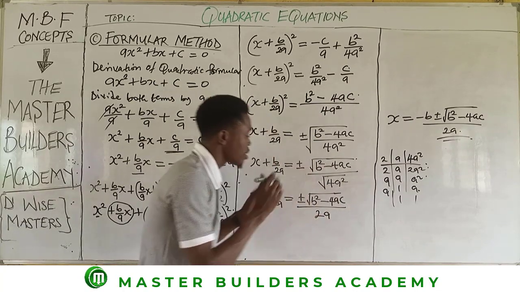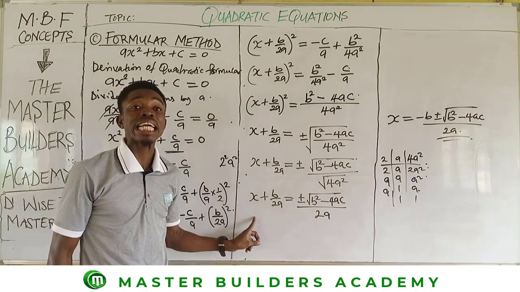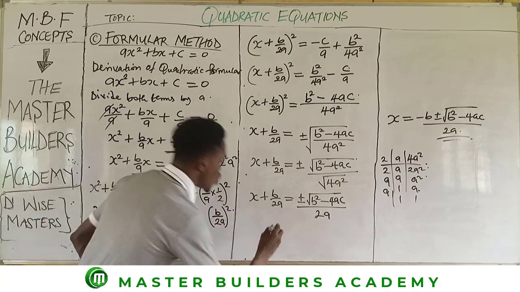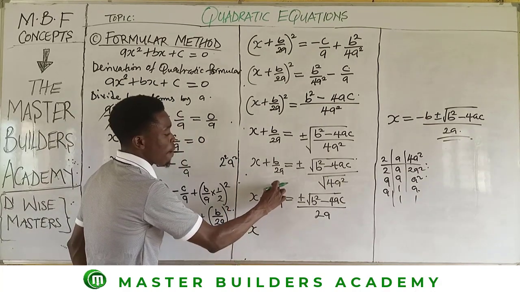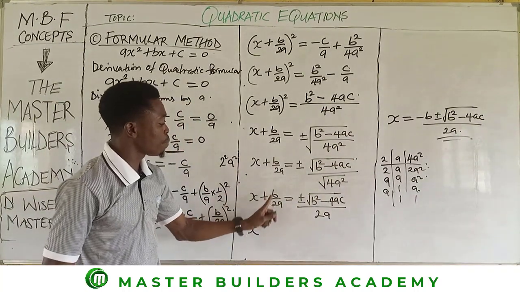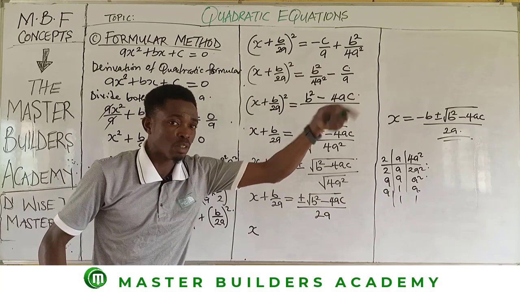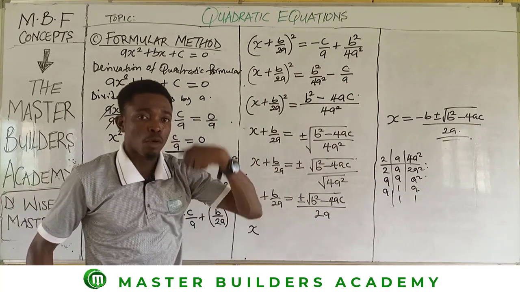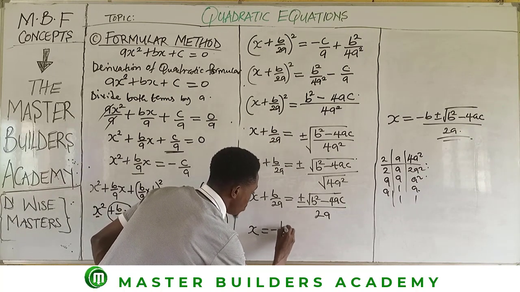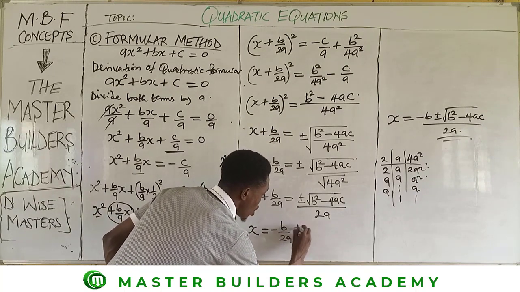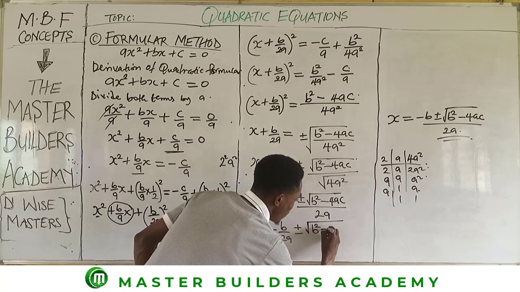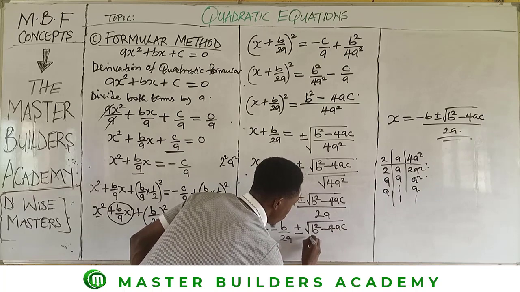Now that we have gotten this, the next thing we are quickly going to do is to make x the subject of formula. And how do we make x the subject of formula? All we simply do is to put down x and take b over 2a to the right hand side. Now understand that when plus b over 2a crosses from the left hand side to the right hand side, that positive sign must change to the opposite sign. Therefore, this will become minus b over 2a plus or minus the square root of b squared minus 4ac